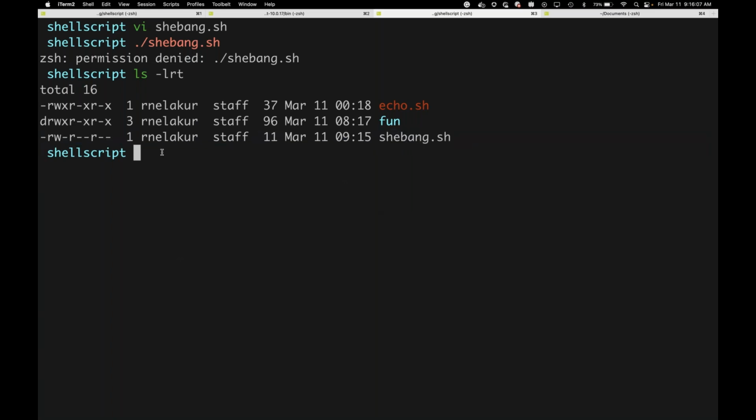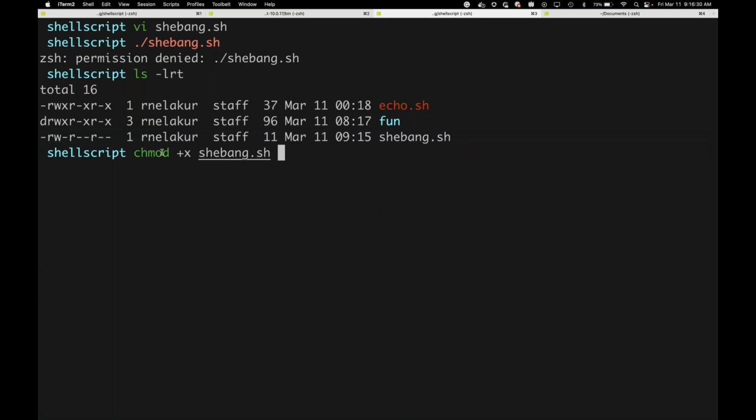So to run any shell script, we need execute permissions on any machine. That's why, once our shell script is copied to the remote machine,